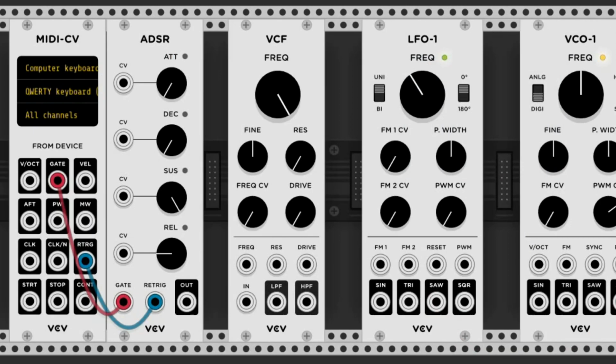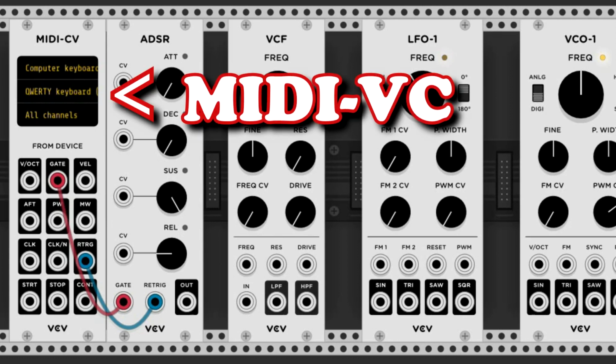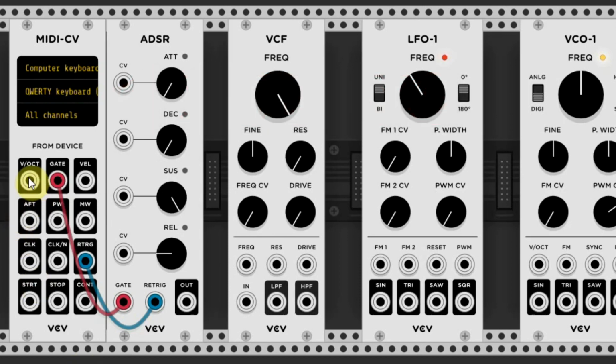This means that when you play a key on your keyboard, this key information is first sent to the MIDI CV module, which converts it to a virtual voltage value, which will be sent to the voltage controlled oscillator and generates the pitch. The voltage that is mostly used is 1 volt per octave. When you play another key on your keyboard, you send another voltage, so the pitch of the VCO will change.